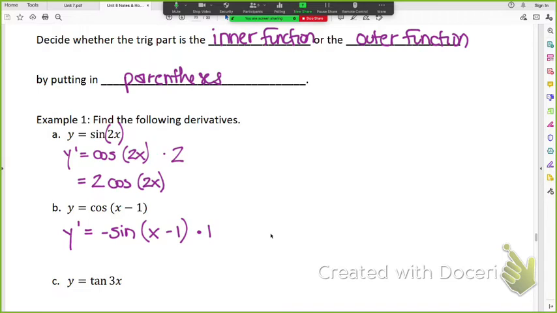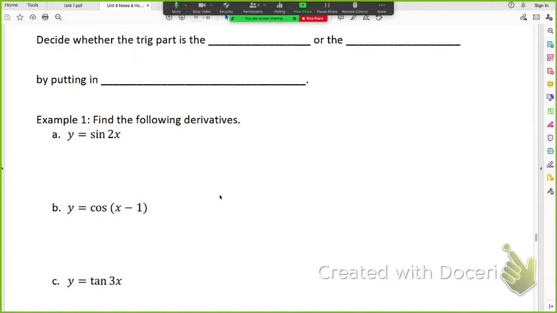All right, now we might have to look back in our notes for this one because the outer function is tangent. This is not one that I've told you that you need to memorize right now for our sine, cosine, tangent derivatives. So the derivative of tangent is, I don't even memorize these. That's always good for me. Secant squared. Yeah? All right, so where could I put the parentheses in c? The 3x, yes? All right, so when I work through c,